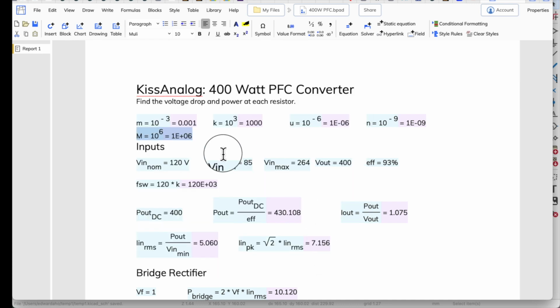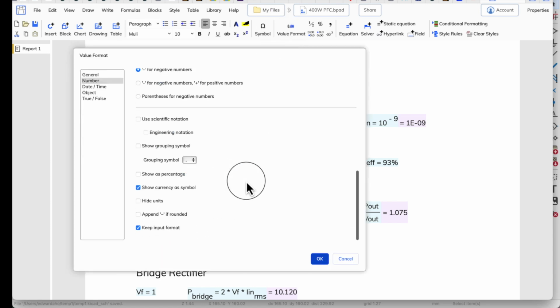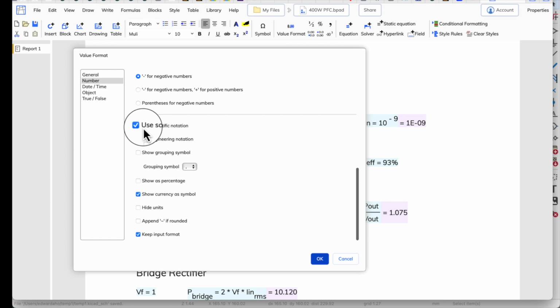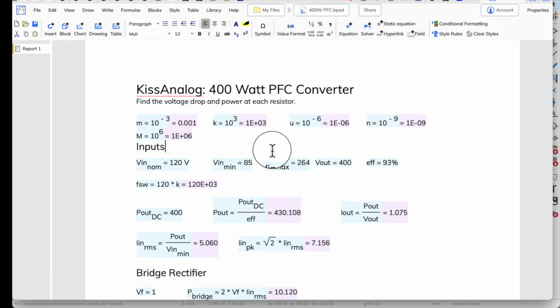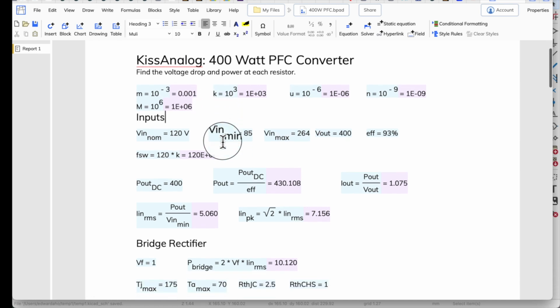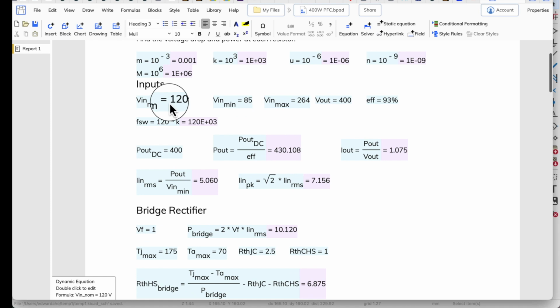So come down here and you can see there's 1 meg. And you can see how these other ones, look, this one, I didn't do it. Let's try it there. Let's go 1000. I'll scroll down here, hit scientific, choose engineering, and there we go. So 1K, everything's in multiples of 3. That's what engineering does. This one I haven't done either, so I could do the milli one, but here's my